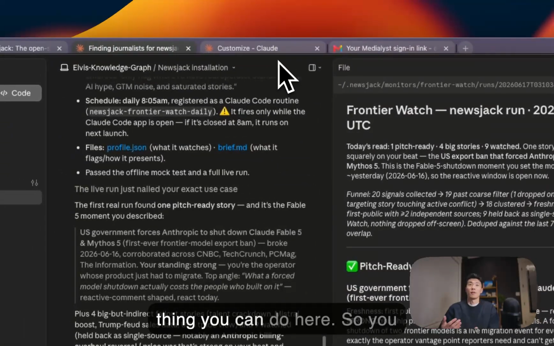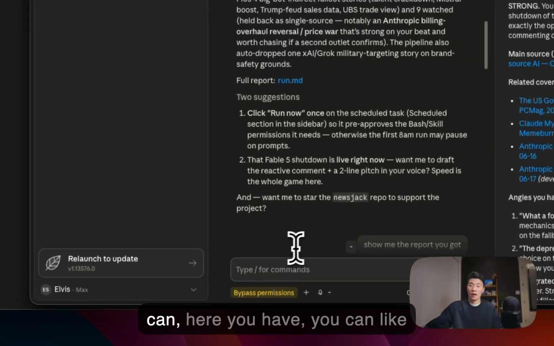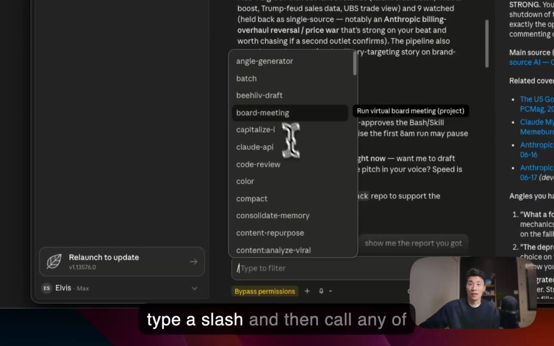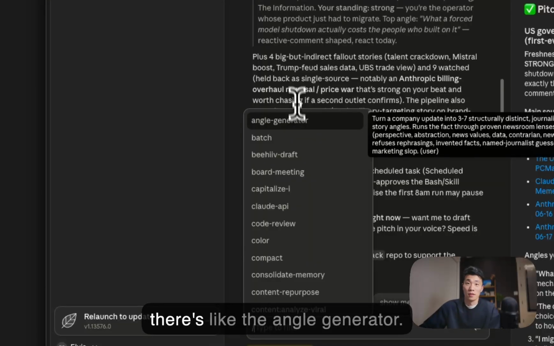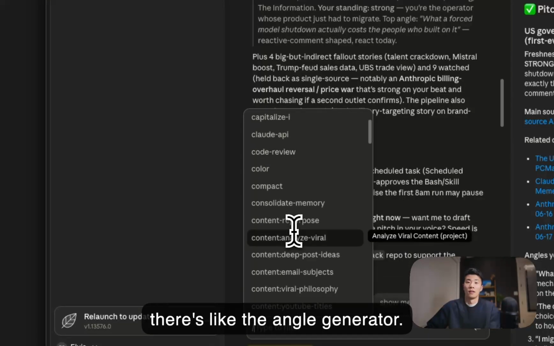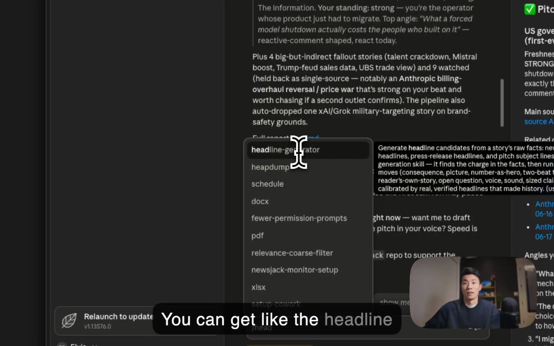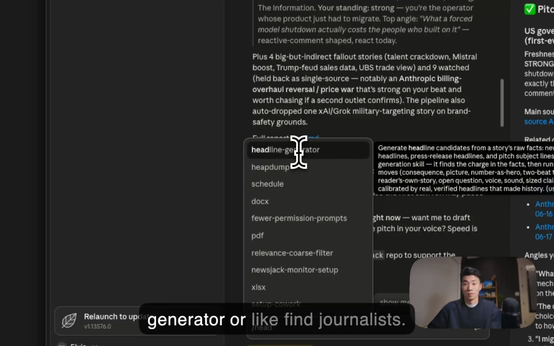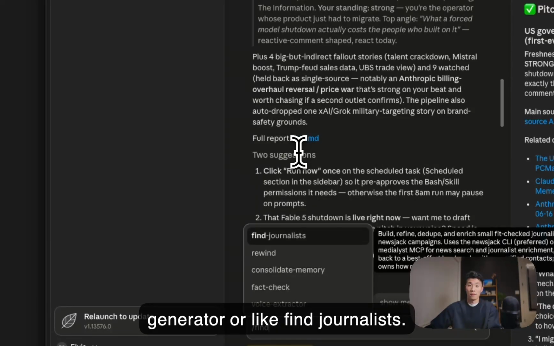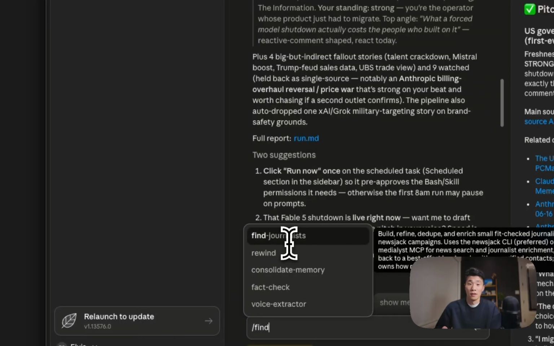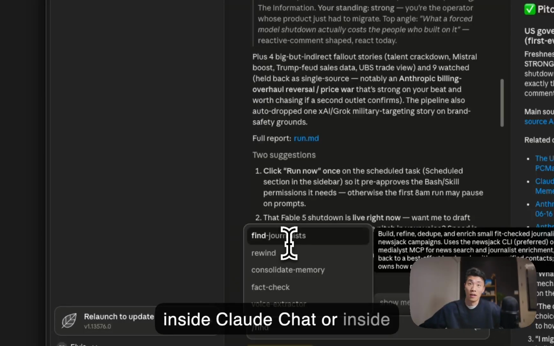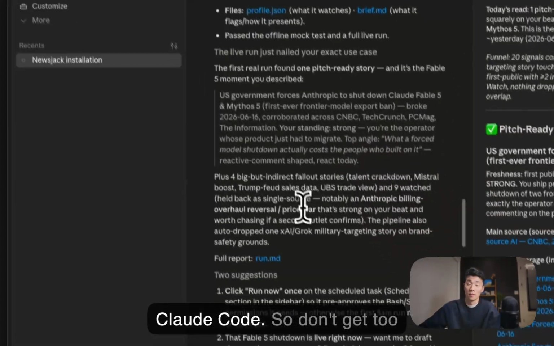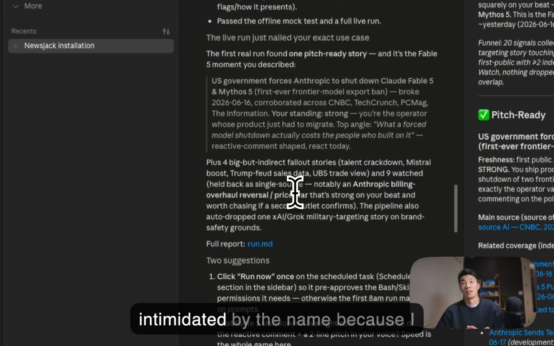And so the same thing you can do here. You can type a slash and then call any of the skills that I showed you. So there's the angle generator, the headline generator, or find journalists. So all of that works the same way inside Claude Chat or inside Claude Code. So don't get too intimidated by the name,